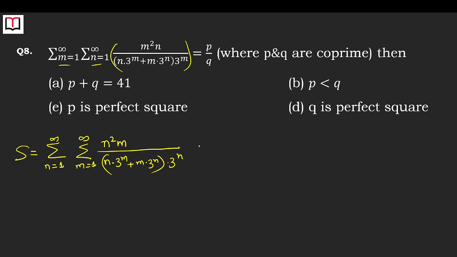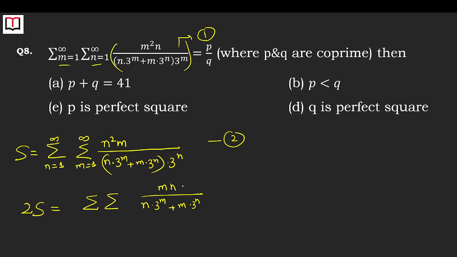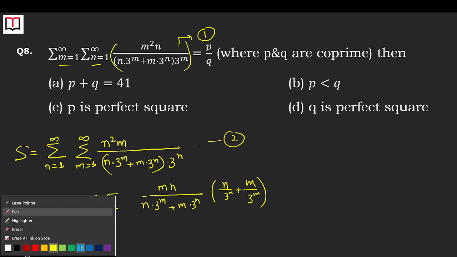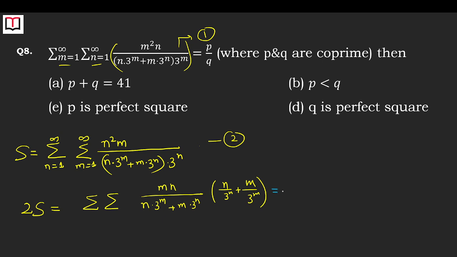Now I will add the given and the newly obtained one by interchanging m and n, so you get 2s. Now see, the double summation is the same in both of them. I take mn common, you get n by 3 raised power m plus m by 3 raised power n. Now divide it by mn here. What do we get? So if I take this,